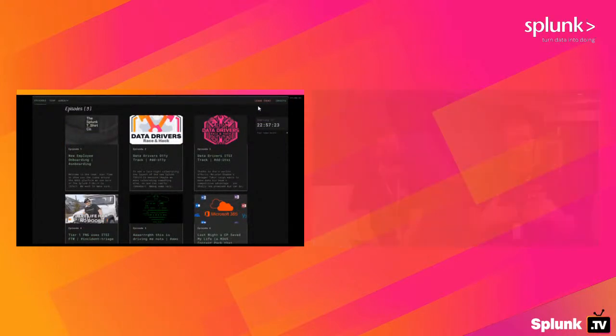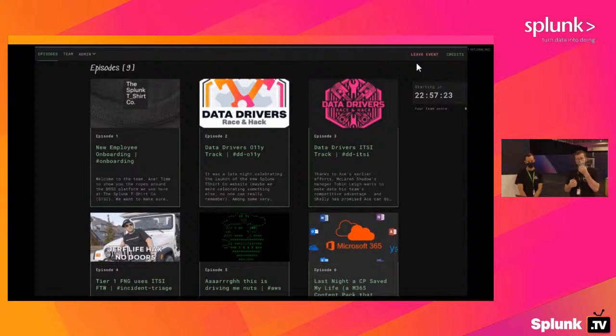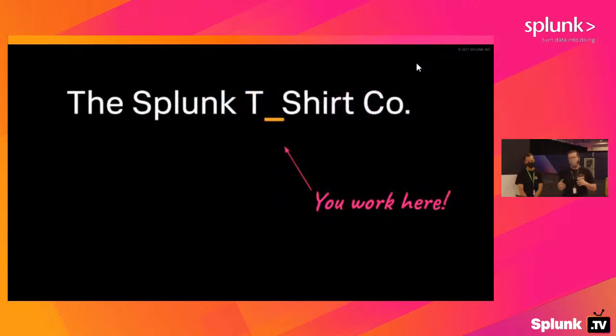In this year's version 5, we have about 12 of those. Those 12 episodes are across a variety of different data sets, from our iRacing partnership data with McLaren, and if you've seen the data drivers program, there's some of that, all the way down to Microsoft O365, as well as AWS data, and even a little bit of just fun data that doesn't necessarily make any sense, but it's a lot of fun to play with.